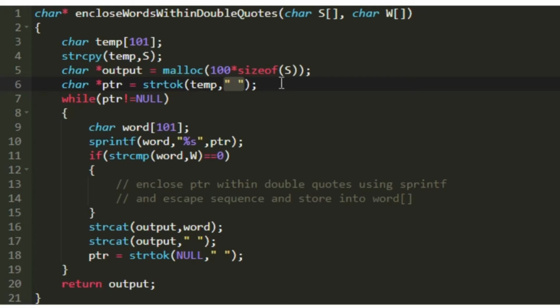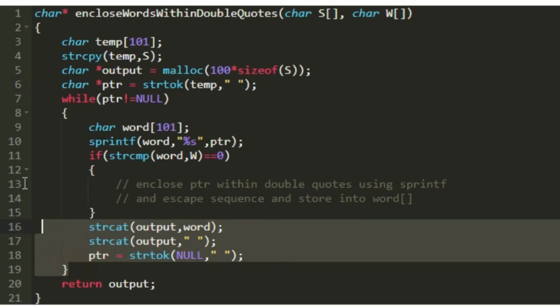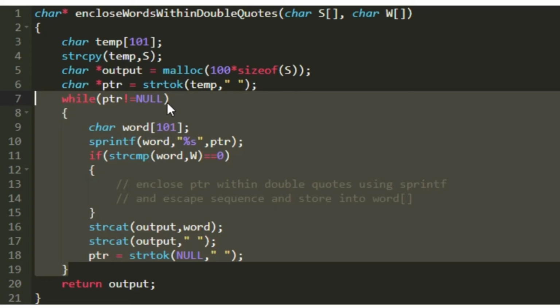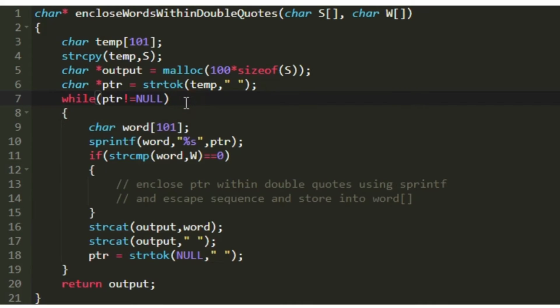The character array temp will be split based upon spaces, and to iterate through all the strings we have to create a while loop, and in every iteration the pointer will return new words. So I am creating a while loop, and this while loop iterates until the pointer becomes equal to null, and in every iteration we have to update our pointer. So we set ptr equal to strtok of NULL and a space.